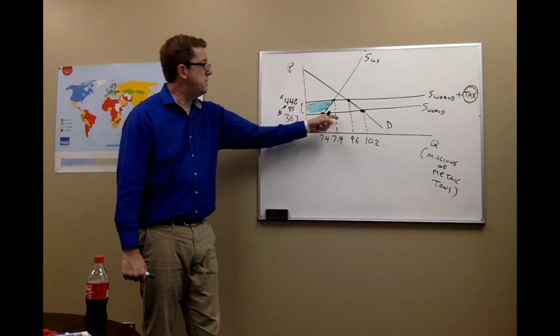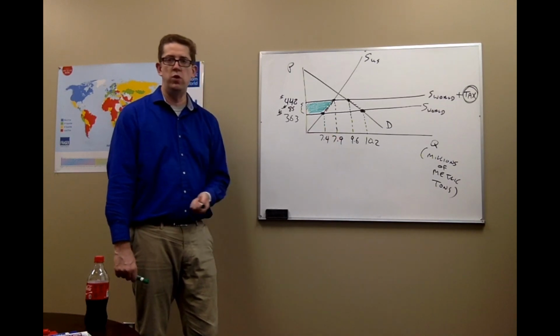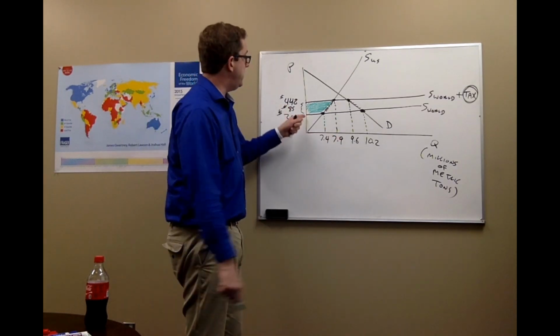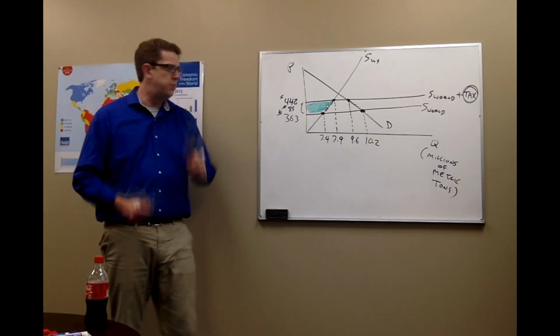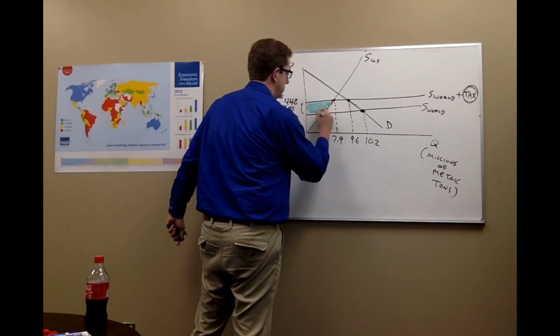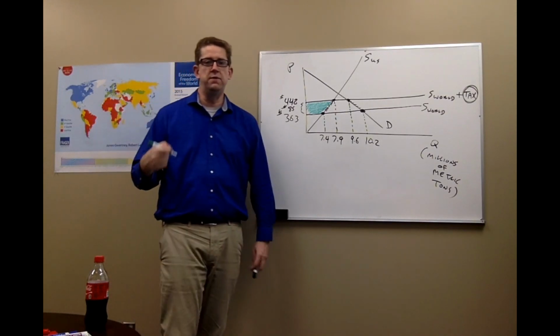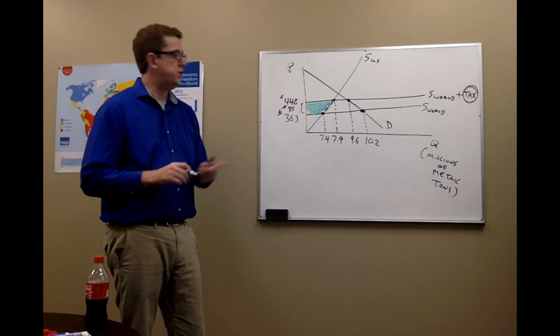First, they're producing more steel, increasing production from 7.4 to 7.9 million metric tons, and they're able to command a higher price for each metric ton. They produce more steel, they sell it for more money, and they increase their gains from trade